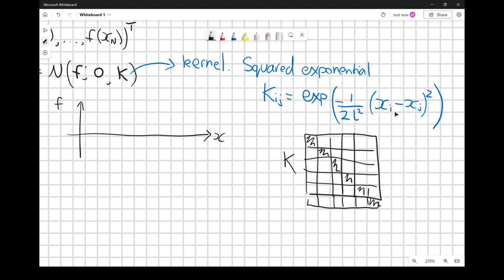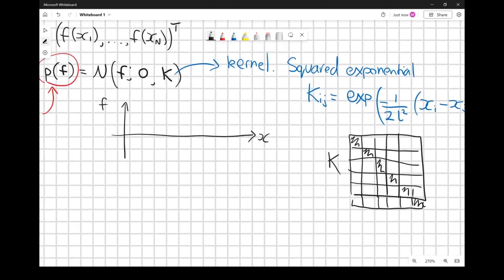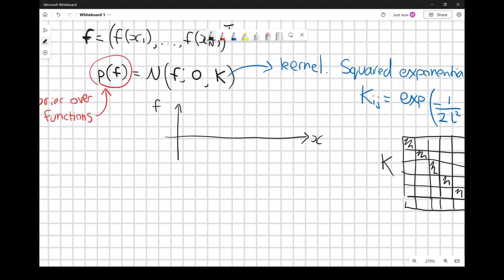And then gradually, as the distance between xi and xj increases, their correlation will reduce. So we'd expect in our covariance matrix, for example, that this element is going to be larger than the value of this element. Moving back to the pictures,